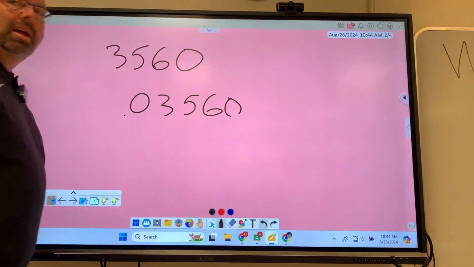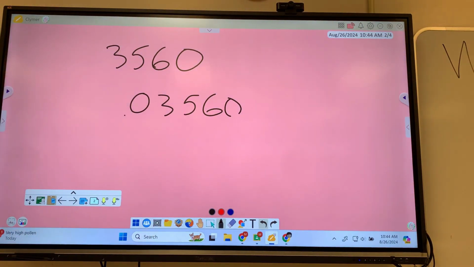And that's really it. Like, that's sig figs in a nutshell. If it's a leading zero or trailing zero, don't count it. If it's any other kind of zero, count it. Right? If it looks funky,